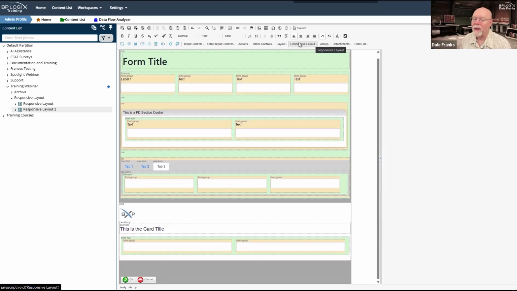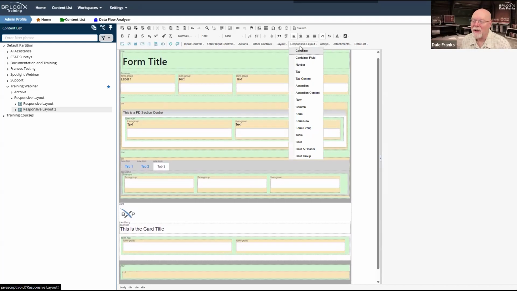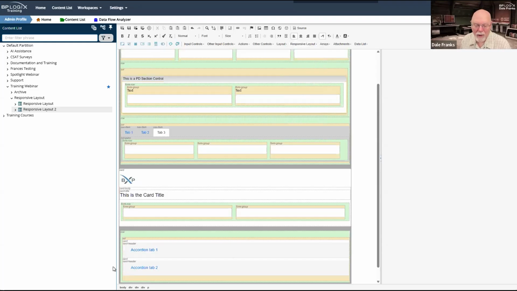So let's add a row. And then inside that row, let's add a column. And I'm going to try to remember how I did this. So I just drop in accordion, and it drops in 2 accordion tabs.